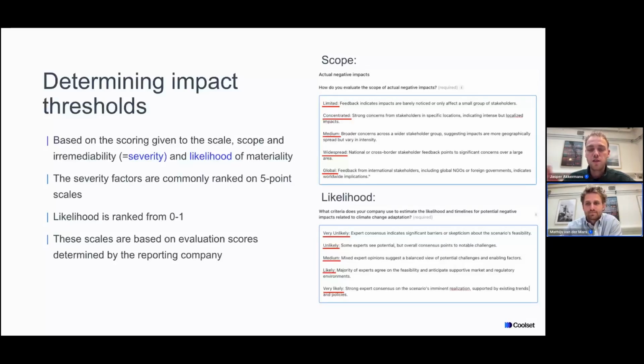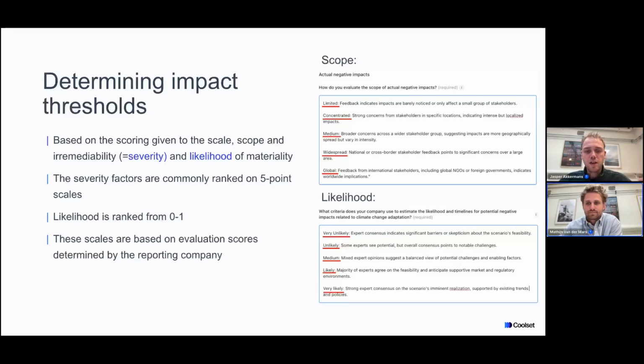So they're always relevant, and there's always several options. And of course, these are also sometimes just templates. So if you're a company that has a very specific situation, feel free to use your own evaluation scores, but do note that it is important to give the auditor later on an understanding of how you've thresholded your materiality assessment. Same for likelihood.